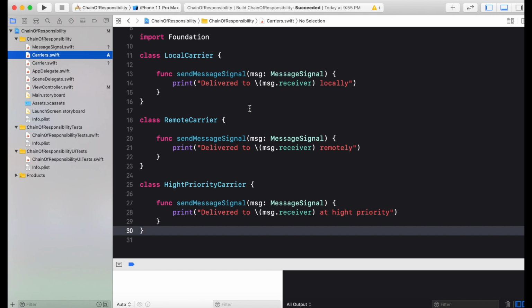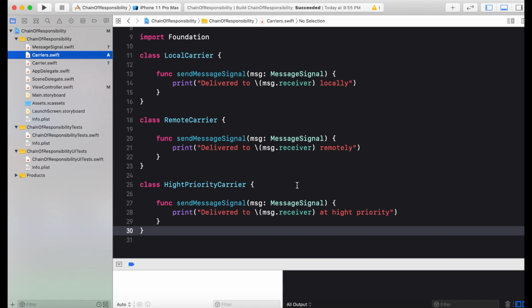We are just going through the simple details so that we can understand the implementation of the pattern. Right now we are taking only three carriers for delivering the messages, but in actual conditions they can be very large in number. So this is the condition where we can use the chain of responsibility design pattern.